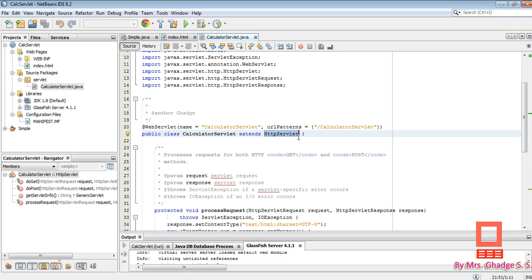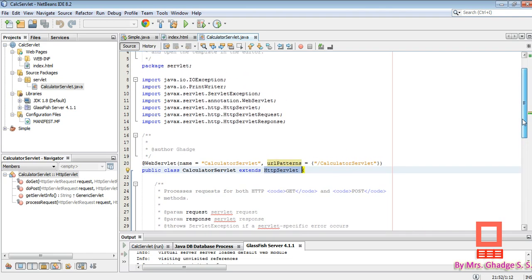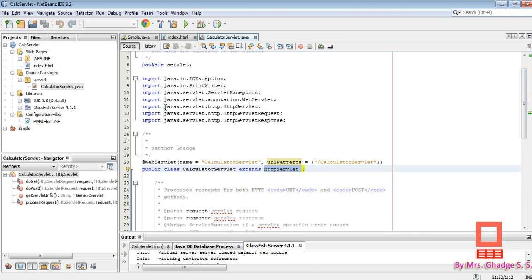If it does not extend HttpServlet, then this class will not be a servlet class. It will be a simple Java class. So in order to make a class a servlet class, you must extend HttpServlet. This HttpServlet class is the inbuilt class which belongs to the package javax.servlet.http. Here you can see.